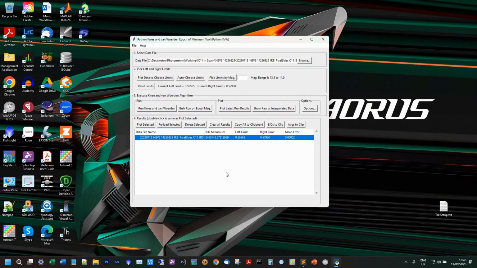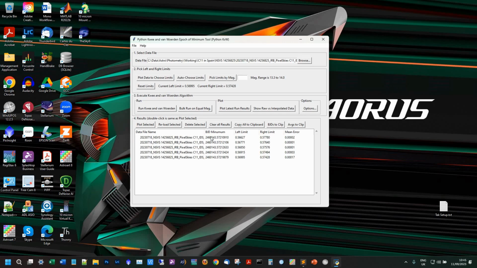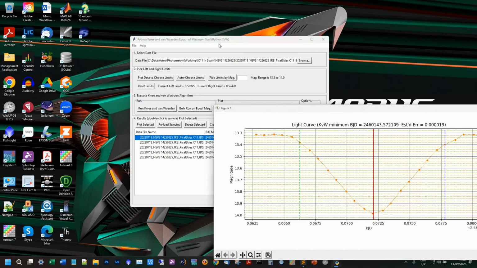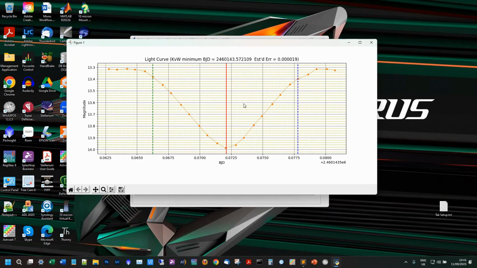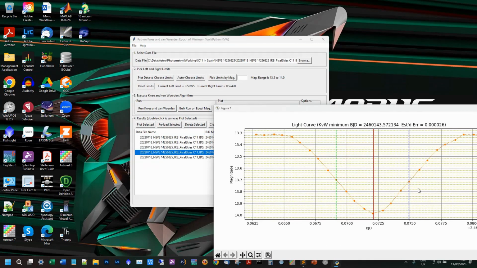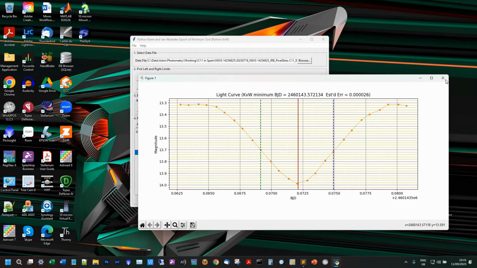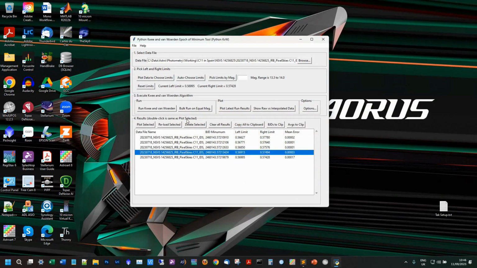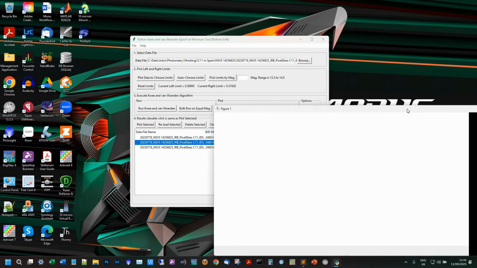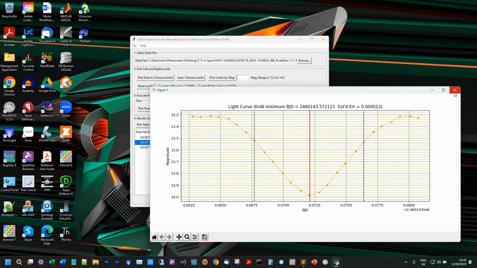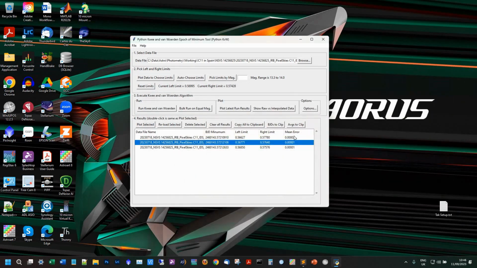And another thing I can do, what we tend to do, is I've got a button called bulk run on equal mag, and if I click that, the system will look and find lots of equal mag pairs, and I'll show you one further down. It works its way down the curve, looking at equal mags and running the algorithm again. And then what we tend to do is take three reasonable ones in the curve, and we then have three good examples of the KVW algorithm,